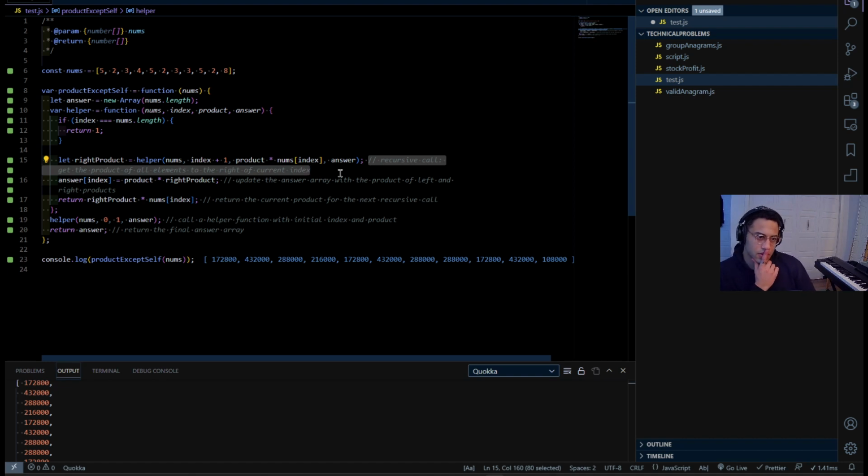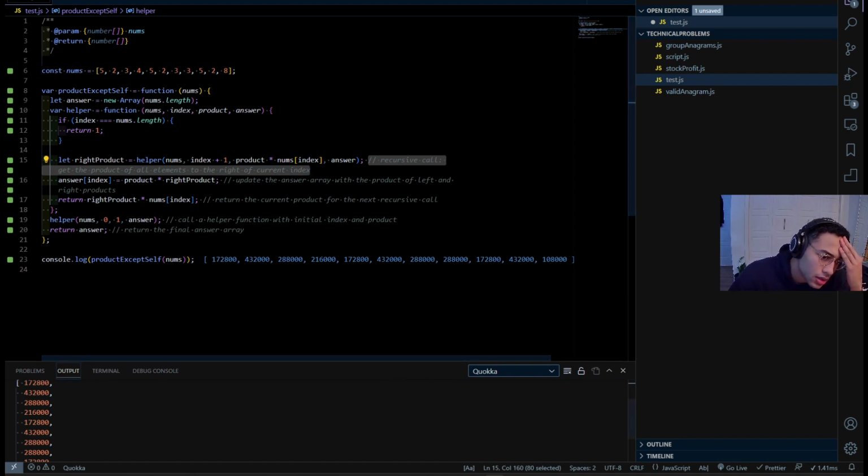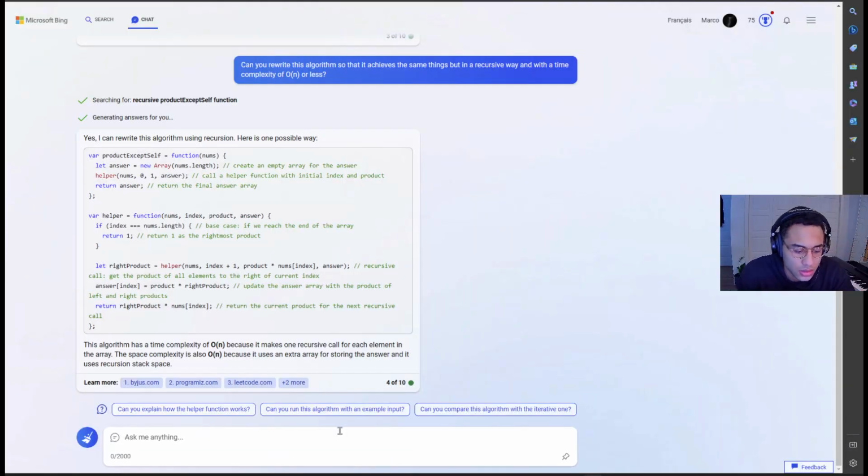So index product, right product. Yeah, that's where my brain is not following. When it becomes recursive, for some reason my brain stops following. Rewrite it using